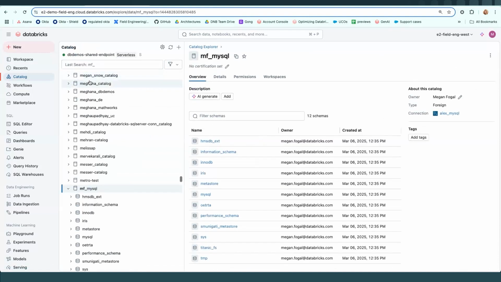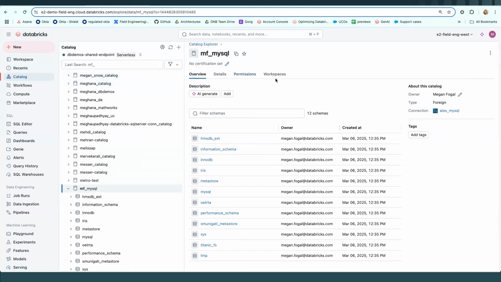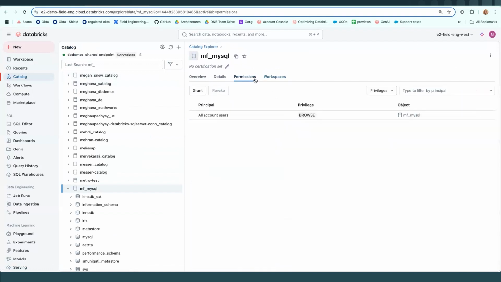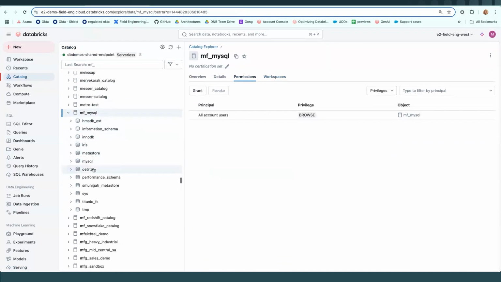In this example, I have a connection and this foreign catalog set up to MySQL. So you'll notice quickly how similar this catalog looks to all of my other catalogs. I, of course, can set permissions at the catalog, schema, and the table level. So if I dive into one of my tables,